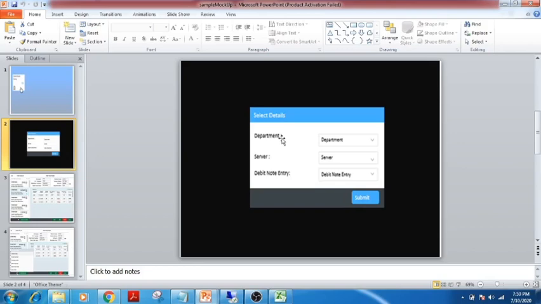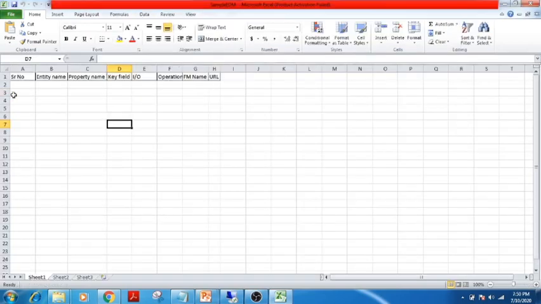Say for example, consider this is a department. If my first entity is department list, there should not be any gap; it has to be a continuous word, and try to follow the Pascal naming convention for this.